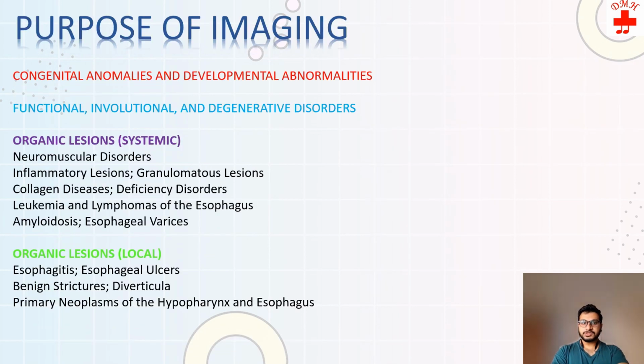What is the purpose of imaging? We can do imaging in cases of congenital anomalies, developmental abnormalities, in cases of functional, involutional, and degenerative disorders, in cases of organic lesions, which can either be local or systemic. In cases of systemic, we can have organic lesions like neuromuscular disorders, inflammatory lesions, granulomatous lesions, collagen diseases, deficiency disorders, leukemia, lymphomas of the esophagus, amyloidosis, esophageal varices. In local lesions, we can have esophageal ulcers, esophagitis, benign strictures, diverticula, and primary neoplasms of the hypopharynx and the